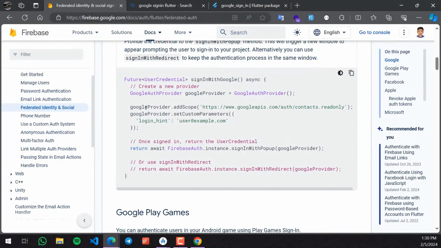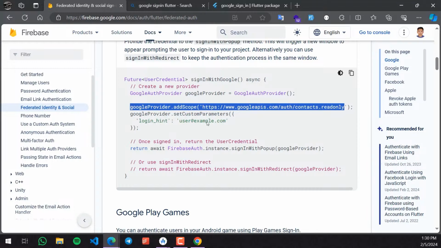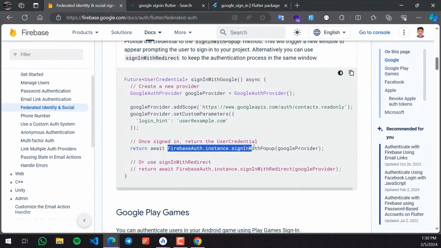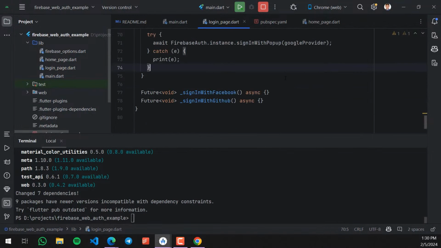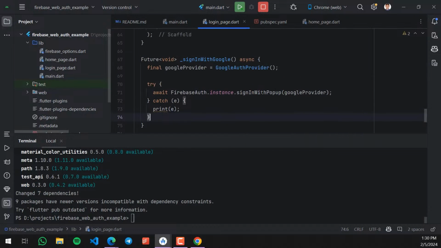And the rest is, you can add some scope if you want to read more data, but I don't need that. I just need to sign in with that provider in my Firebase app. So we have the sign in with popup method,